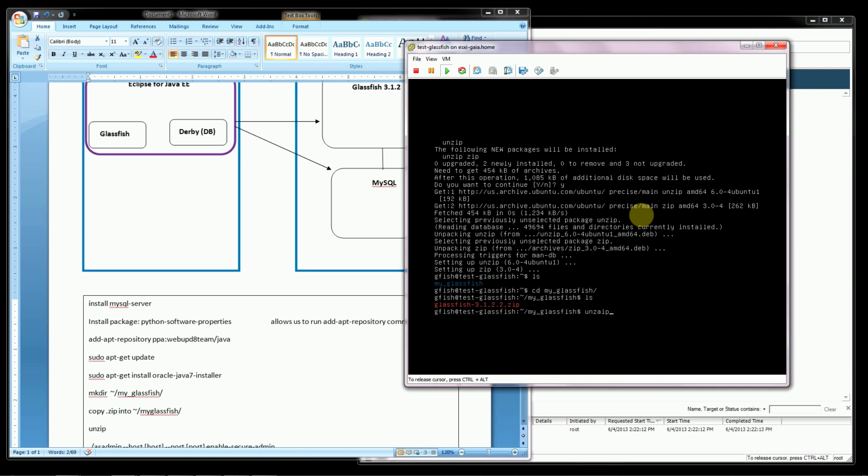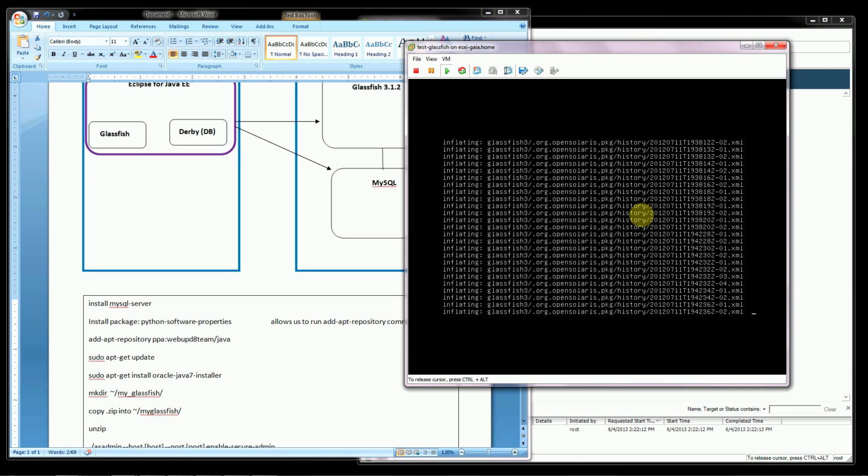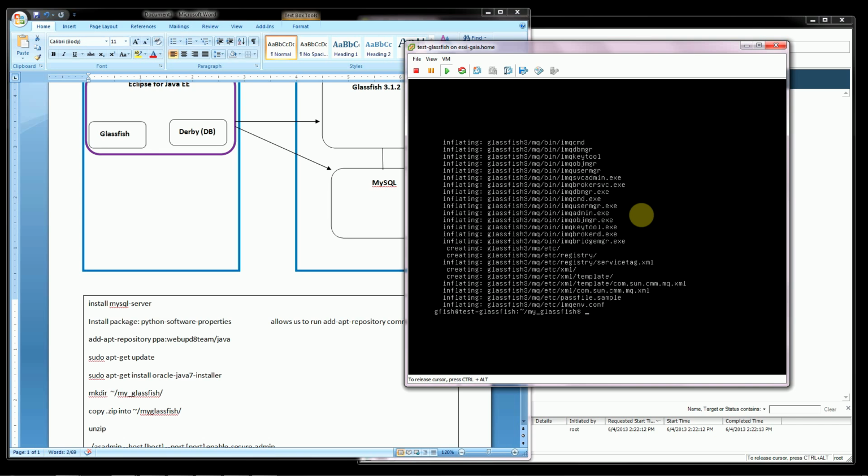To do that, just type the unzip command followed by the name. And now if we list again, we can see it created this Glassfish 3 folder for us. So let's go ahead and move into that,